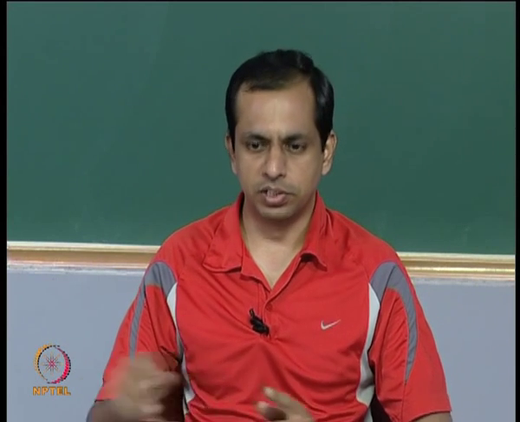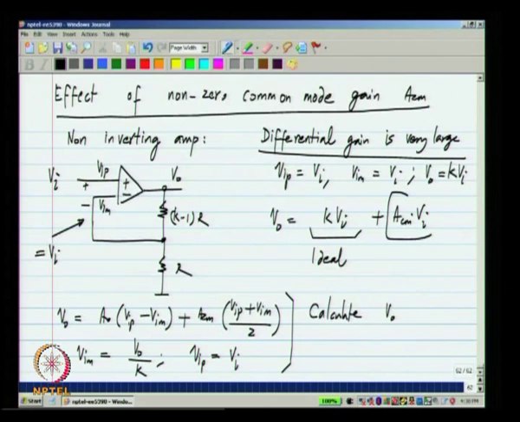Now, because it is nonlinear, the error that gets added here is also nonlinearly related to Vi. So, that means that the output is nonlinearly related to Vi and it creates distortion and so on. So, this can be a problem. Now, you see that in this case the common mode input to the op amp is exactly the same as the input signal that you apply, and this will contrast now with the inverting amplifier, in which case the common mode voltage turns out to be much smaller.